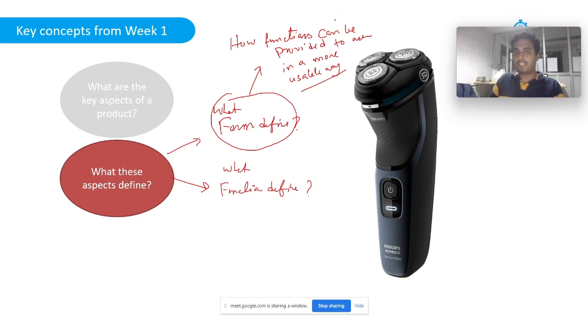Okay, so basically I'm not defining that form is able to do a function, which is not correct. The form is, more conceptually, it is the structure or the,